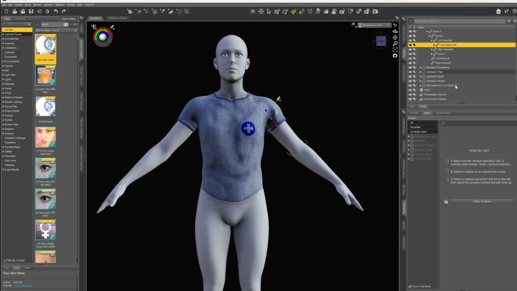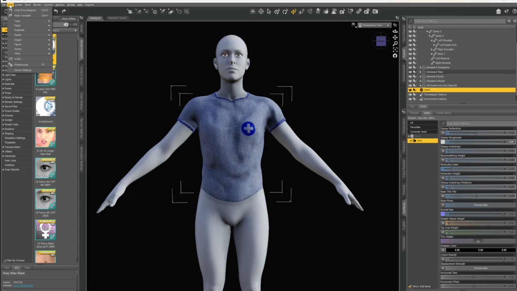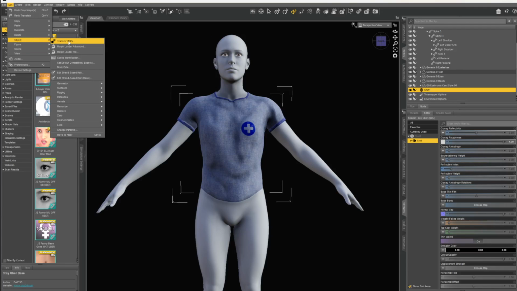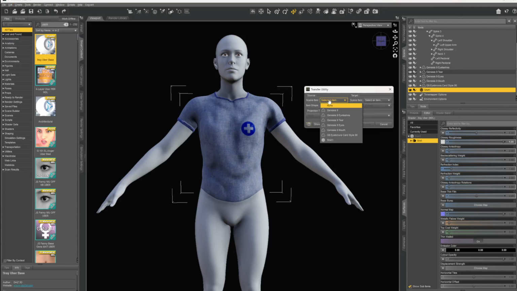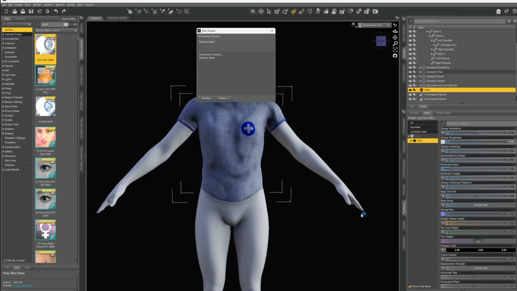So basically go select your shirt, go to edit, go to object, and go to transfer utility. Click that. Now the first one, you're going to select your Genesis 9 or 8 or whatever you want, and the second item you're going to select your shirt. Projection template: base, long template, hair, dress, long dress, tight dress, bodysuit tight, bodysuit loose. I'm just going to take bodysuit loose. I want it to be loose, and accept. And once that's done, it's done. It works. You can move it out of your character.